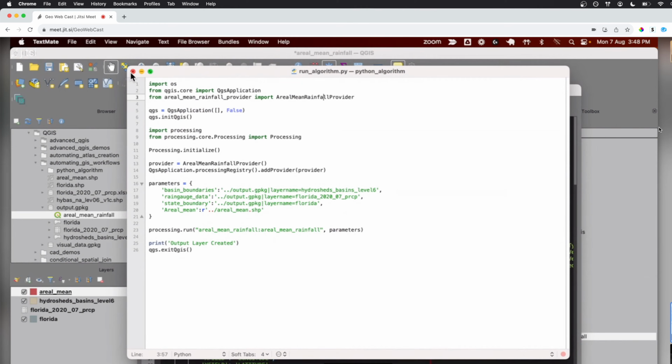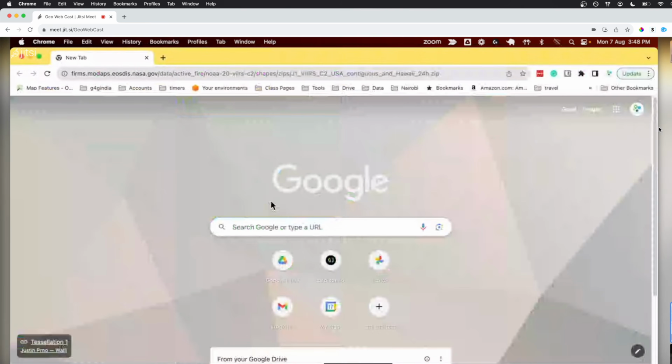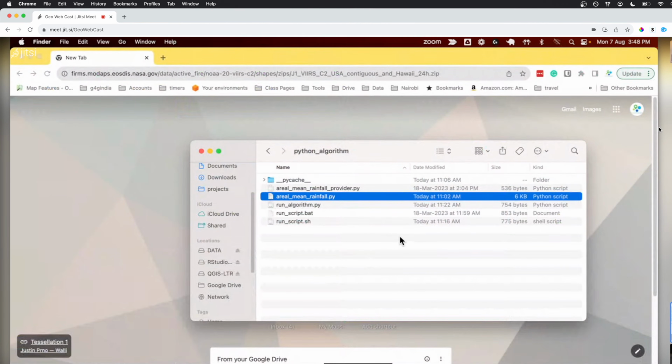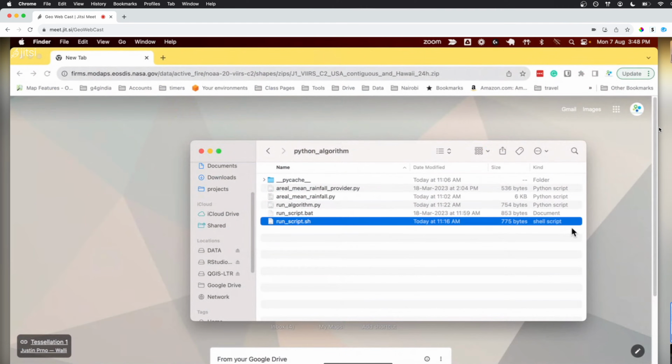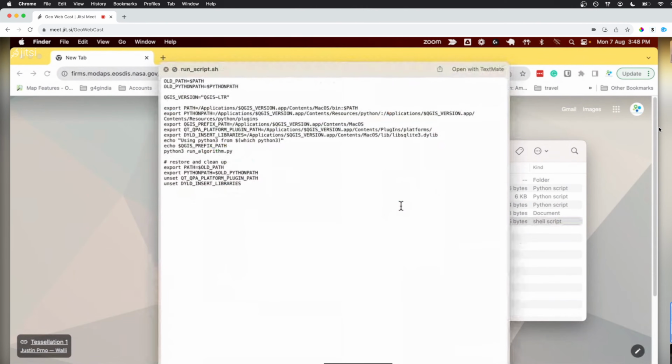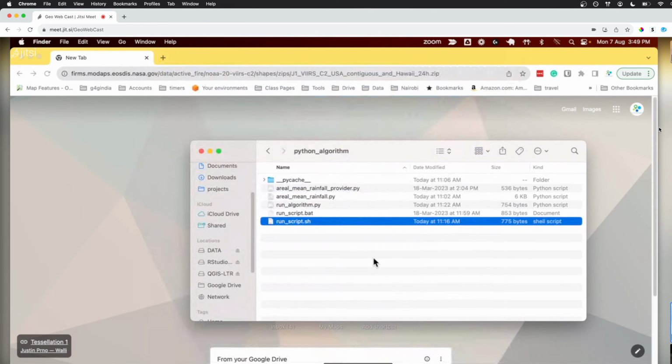So if you want to do this, you need one more configuration. If you're on a server, this could be your environment variables on the server, or it could be a shell script like this, which just says, this is where my QGIS is. I'm on a Mac here. This is where to find the Python. QGIS comes with its own Python, so you can say, use QGIS's Python, not the system Python, and some other things where other stuff is installed, right? So it's just exporting those environment variables and then running the script. Got it. So this is to set your environment and run the script. So let's run this. Let me show you this.